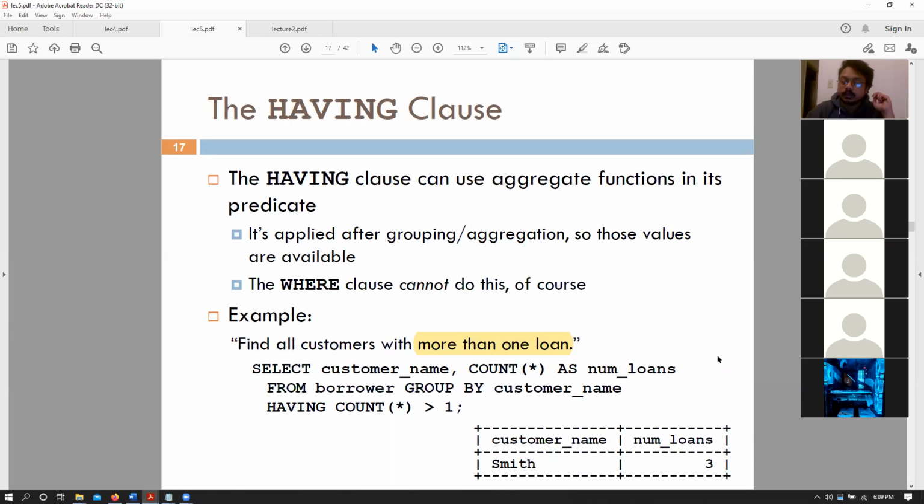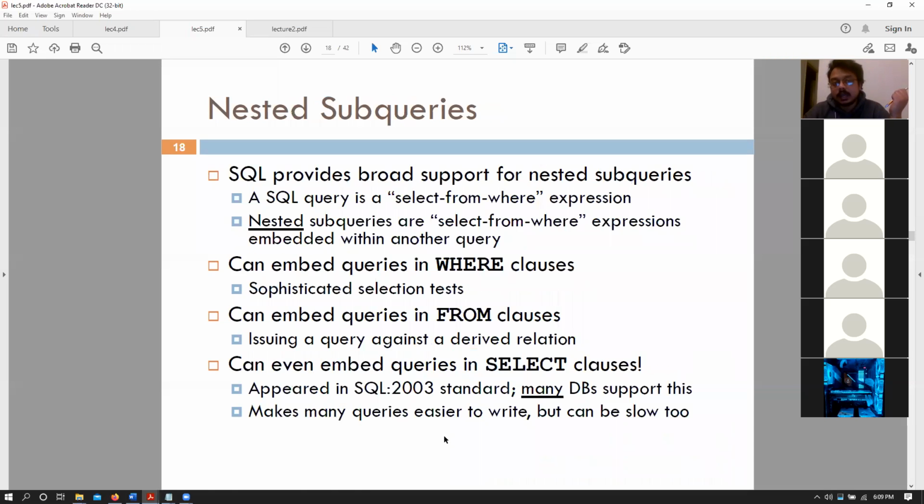So that was your having clause. We can also have these aggregate statements written, but without using the having clause. Right, so the having clause is executed last. That gave us the benefit of using those aggregate operations and those grouping functions, but we don't need to, and we can also emulate those using nested subqueries.